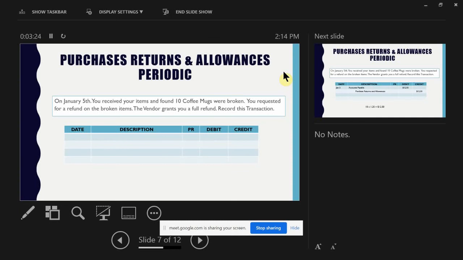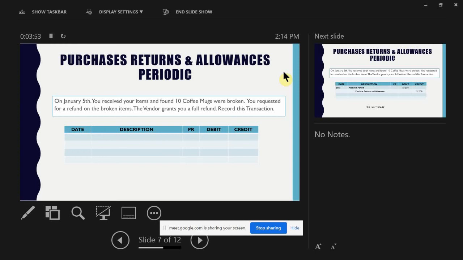Now, let's say I received a shipment, but in this case, I found that 10 of those mugs were broken, right? It's useless to you because you can't sell it. And it's useless to the vendor too, because even if you ship them back their broken mugs, what can they do with it? Right? So here the vendor is going to grant you a full refund,